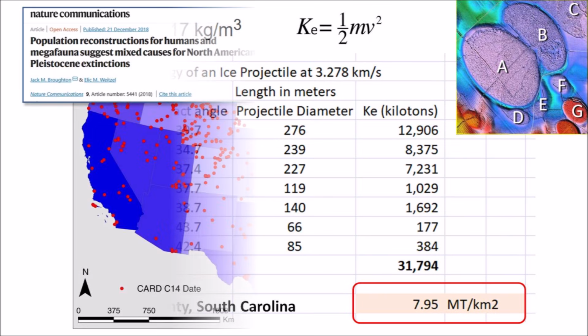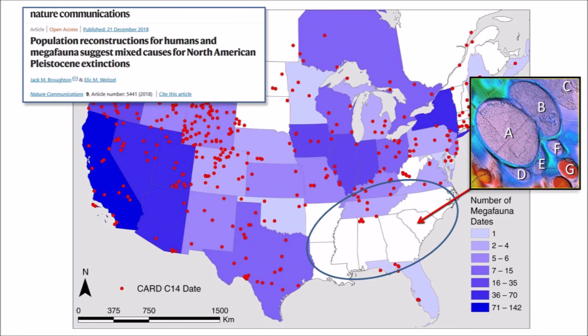sedimentation. Before the Younger Dryas cooling event, North America was populated with lions, mammoths, camels, short-faced bears, and other large animals called megafauna. The North American megafauna disappeared at the onset of the Younger Dryas cooling event. A map published by Broughton and Weitzel shows the density of megafauna fossils in the United States. The absence of megafauna fossils in the southeastern United States is notable. South Carolina doesn't seem to have megafauna fossil evidence at all. The impact energy of 8 megatons per square kilometer would have completely obliterated any traces of mastodons and other large